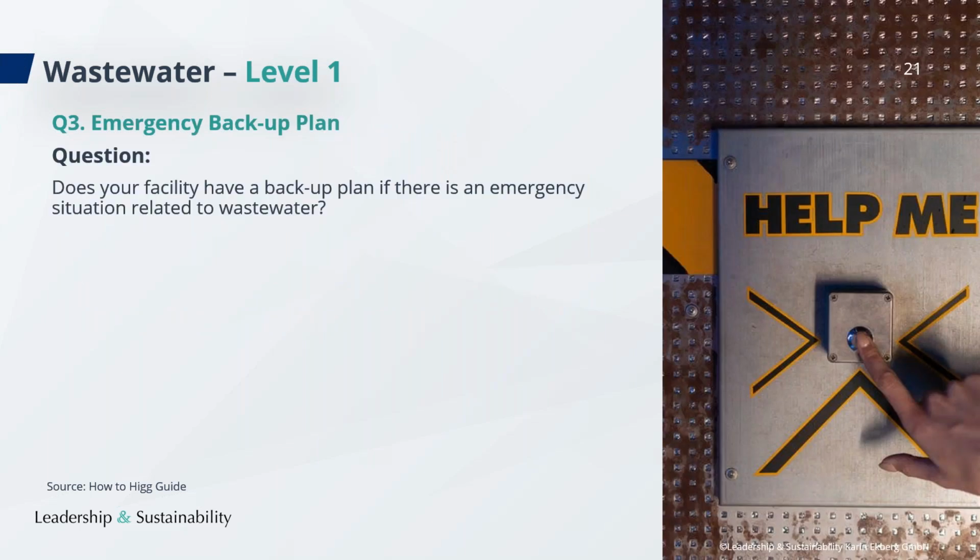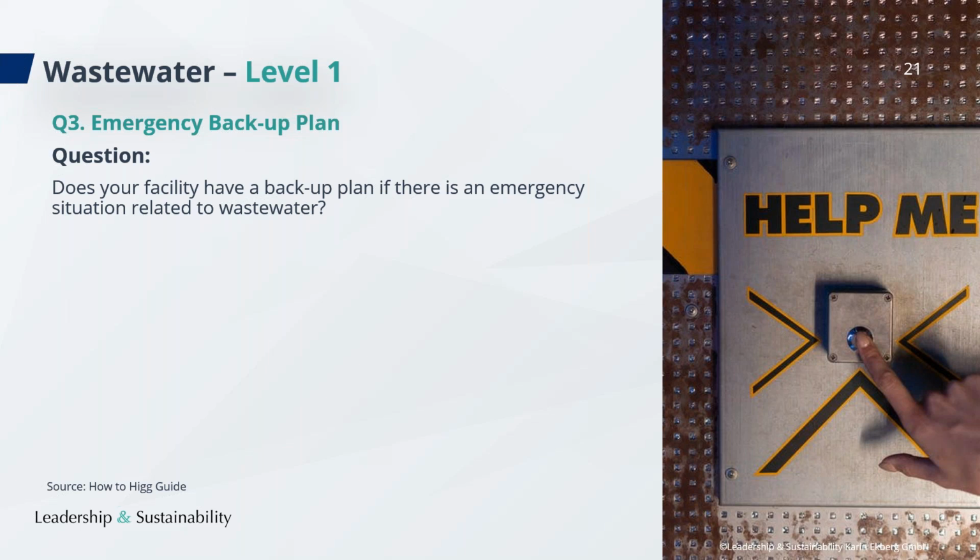All right, question number 3. Does your facility have a backup plan if there is an emergency situation related to wastewater? And this question is also very much coupled to soil and groundwater contamination. Because if you have an emergency, let's say you have a leak of a